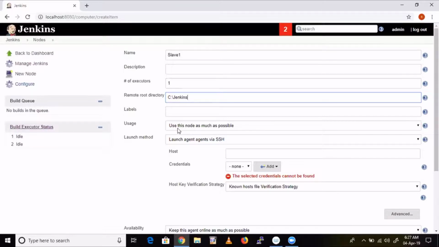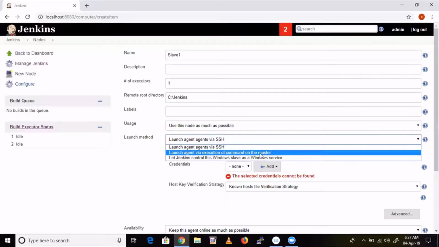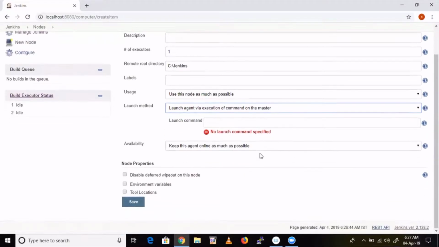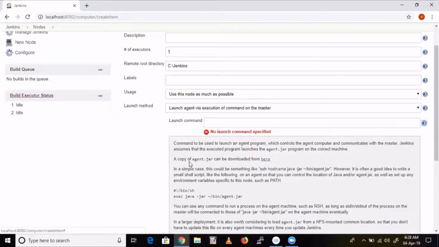Now click on Launch Method. Here you can find Launch agent via execution of command on the master. Select that. Now if you scroll down, you can find one thing: a copy of agent.jar can be downloaded from here.